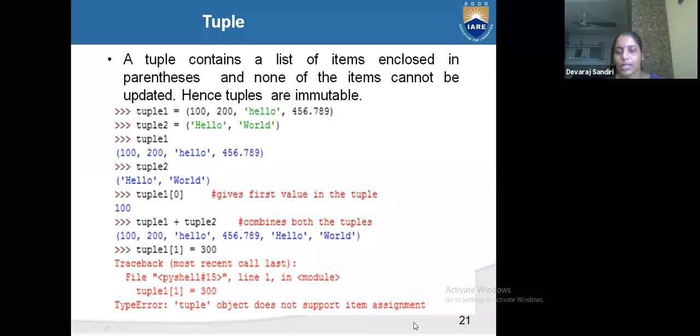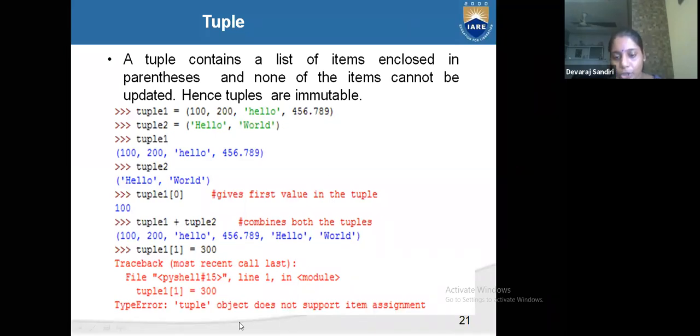First, yes, you can write, but a list can be mutable and a tuple can be immutable. See, a tuple contains a list of items enclosed in parentheses, and none of the items can be updated. Hence, a tuple is immutable.